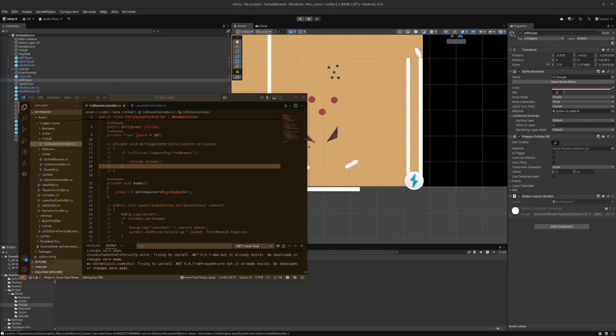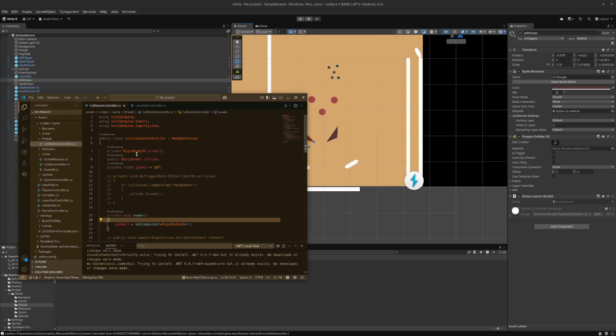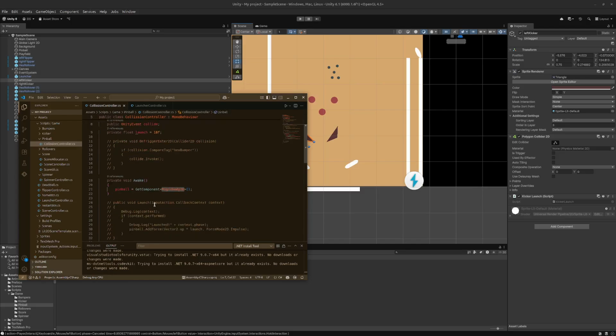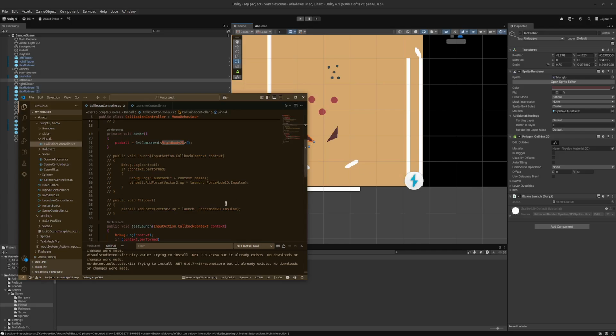So I explained it in the most simplest of terms, but it's used to initialize variables. I'm reading this off of Google. Initialize variables will set up an initial state of a game object before the game starts. So I want to wake this up, the component rigid body 2D for pinball, before everything else. So we got the pinball's rigid body. Cool.